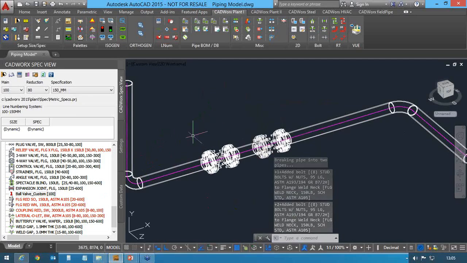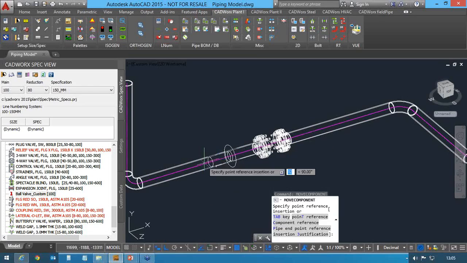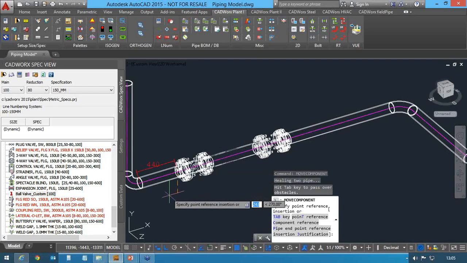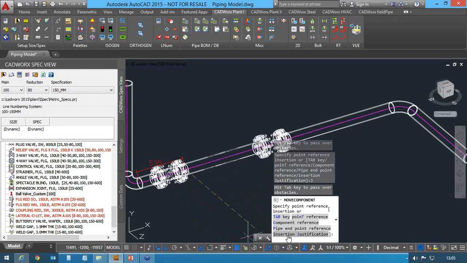So now this is placed, and for the custom component, or user defined component, once it is placed, it is possible for you to choose the modify option for modifying the current location. And you see the same options like point reference, component reference, pipe endpoint reference, and insertion justification for choosing your justification point. And you can also modify the input here, which I would like to give as a 750